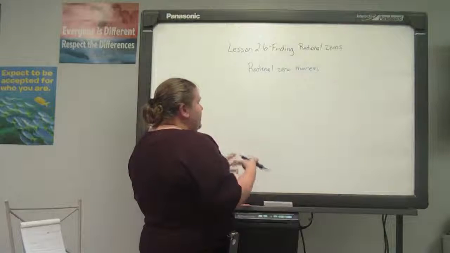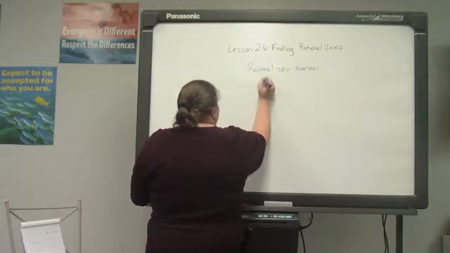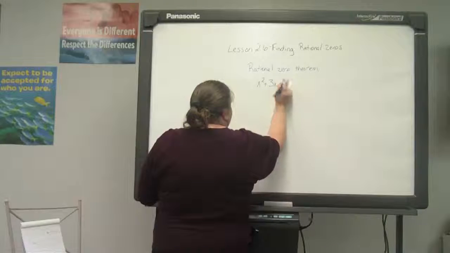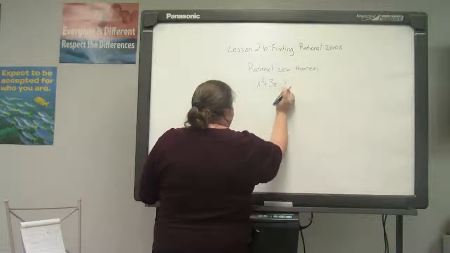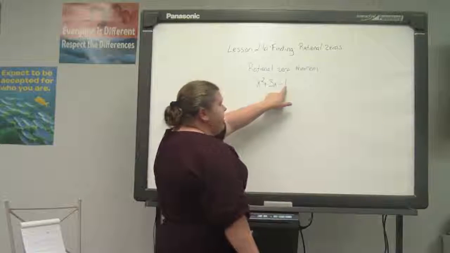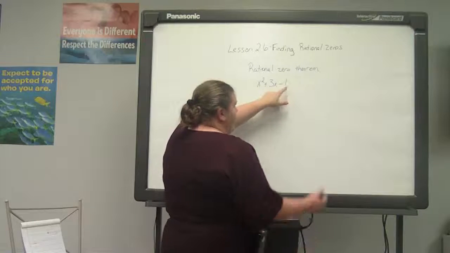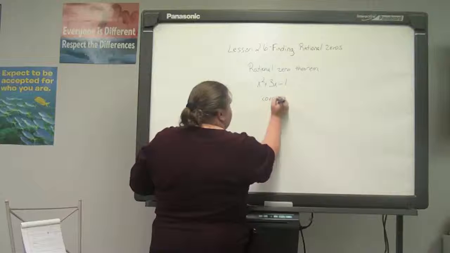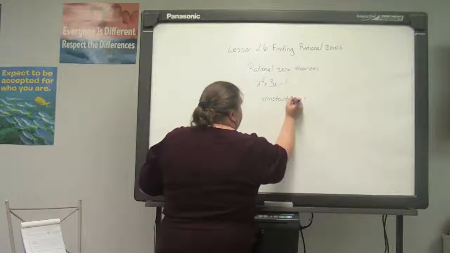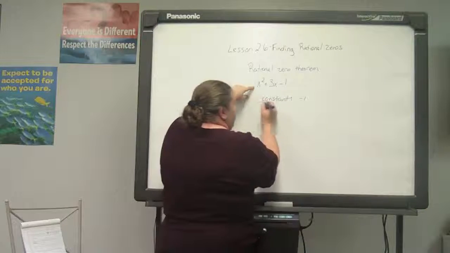The theorem tells us that when we have an equation that says x squared plus 3x minus 1, our constant number, which is the number that doesn't have a variable, the constant,